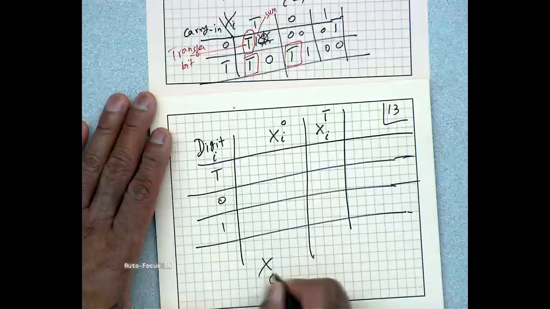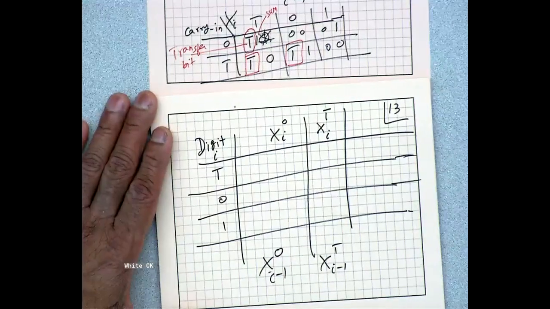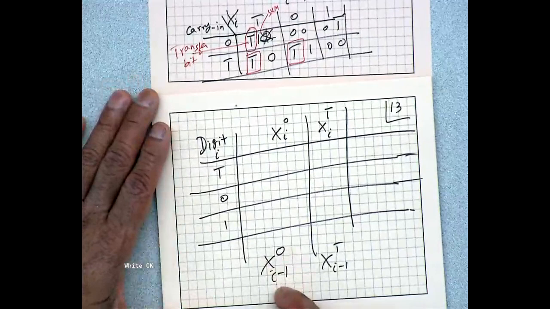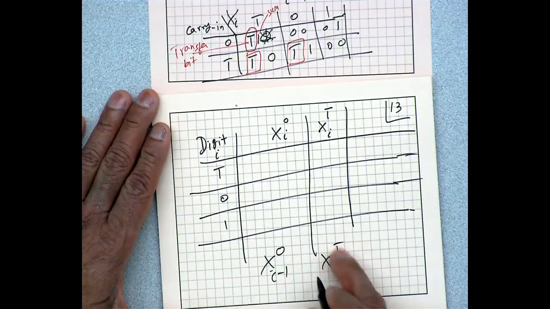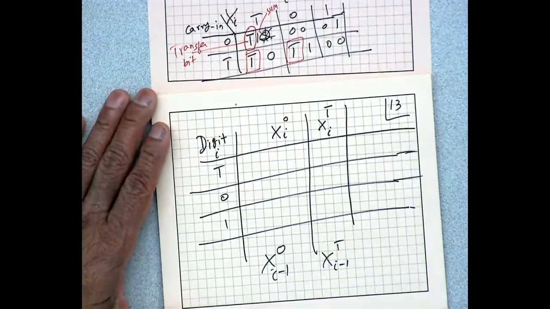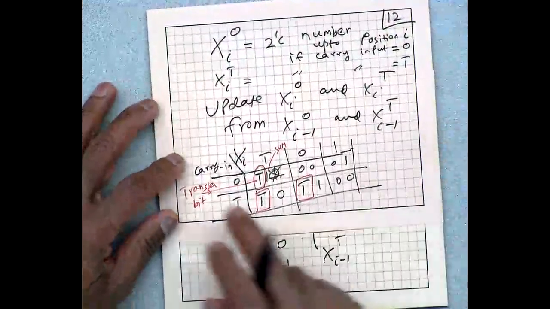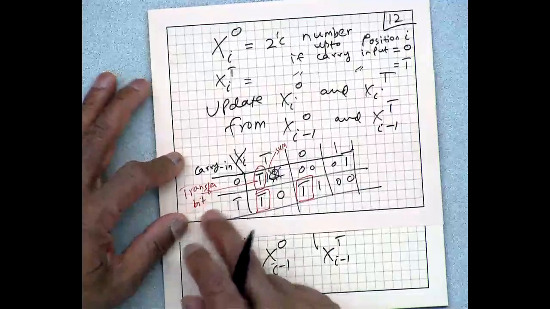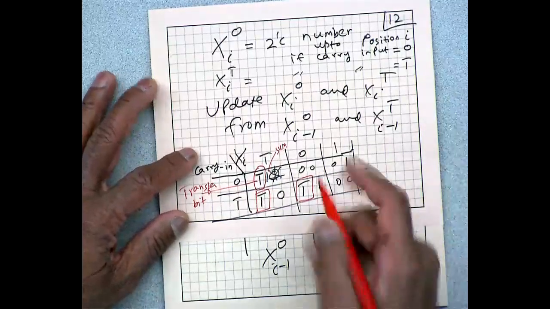So given xi minus 1 0 and xi minus 1 1 bar, what does this say? This says that this is the 2's complement number assuming the carry input to position I minus 1 is 0. This is the 2's complement number assuming the carry input is 1 bar or minus 1. Okay, so given the carry input to the ith position can be 0 or 1 bar, we saw that if I write down these so-called